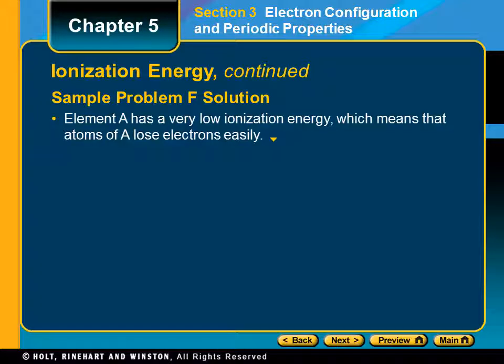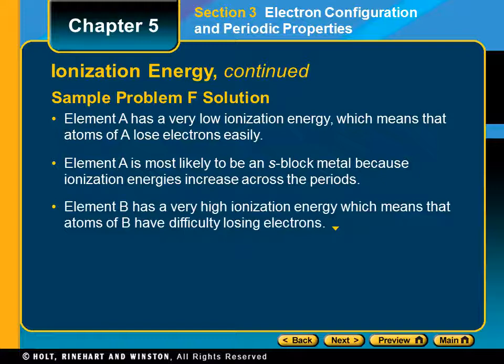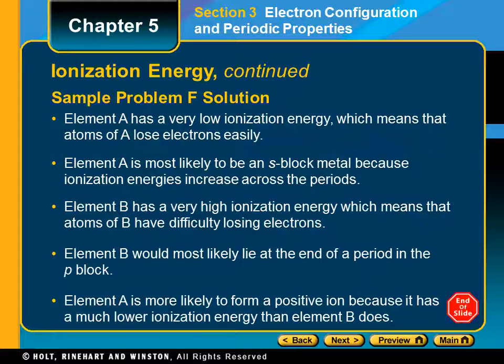Element A has a very low ionization energy. It means that the atoms of A lose electrons easily. Element A is most likely to be an s block metal because ionization energies increase across the periods. Element B has a very high ionization energy, which means that the atoms of B have difficulty losing electrons. Element B will most likely lie at the end of a period in the p block. Element A is more likely to form a positive ion because it has a much lower ionization energy than element